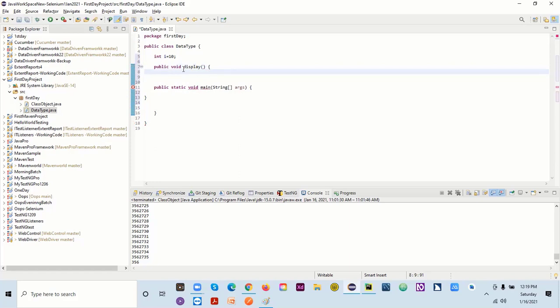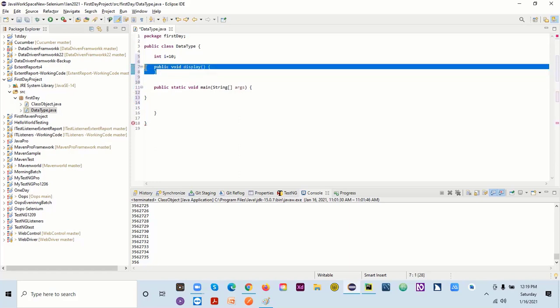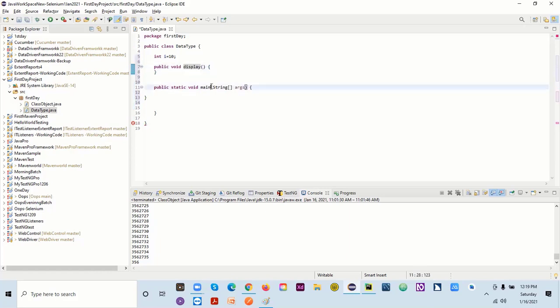So this method is created by me. Actually, I can give any name to this one, but I cannot change this name. If I change this name, it will not be considered a main method. Your program will not run actually. So to run your program, it should be a proper main method, and then it will work. Other than that, if you give some other name, it will accept it. But your program will not run under this. If you write something here, it will not run. If you want it to run, it must be the main method. Okay, so this is my user defined method because I can give any name to this and it will work for me. I have to just simply call this actually.